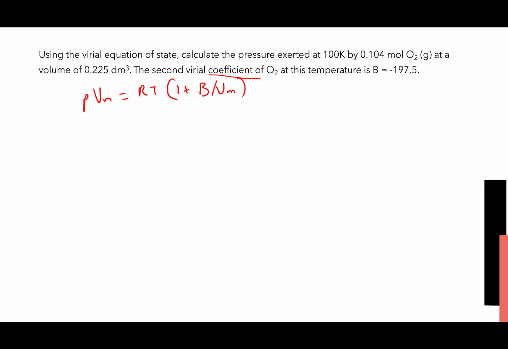We need to figure out the molar volume. Our volume is 0.225 cubic decimeters, and our moles are 0.104 moles. That's going to make our molar volume a value of